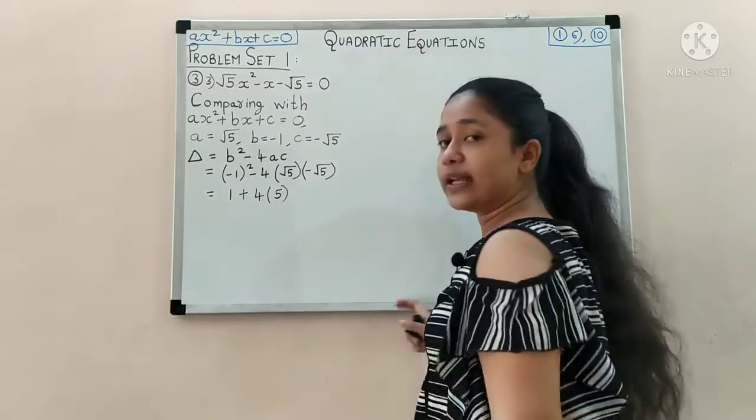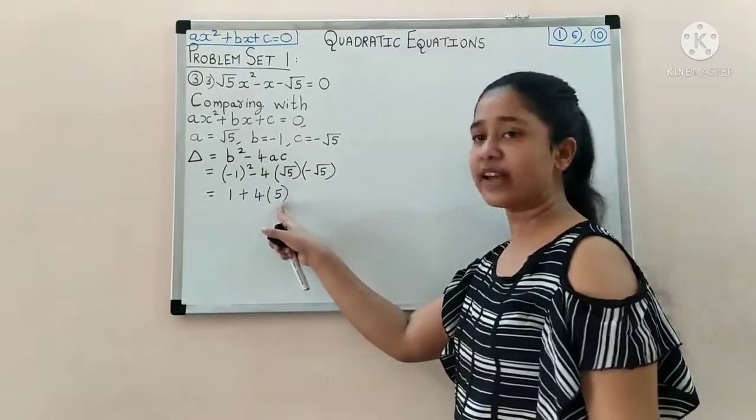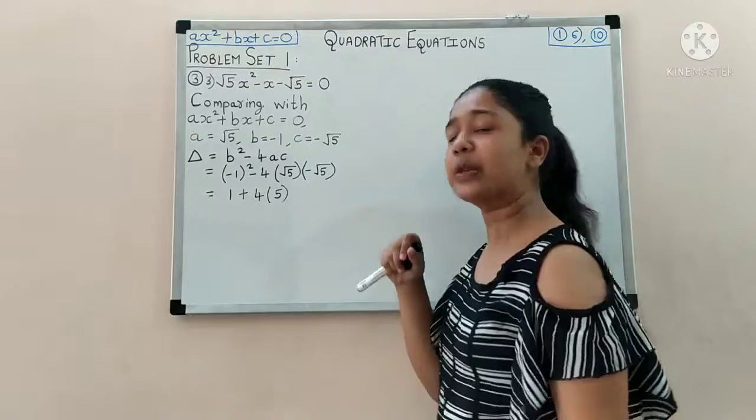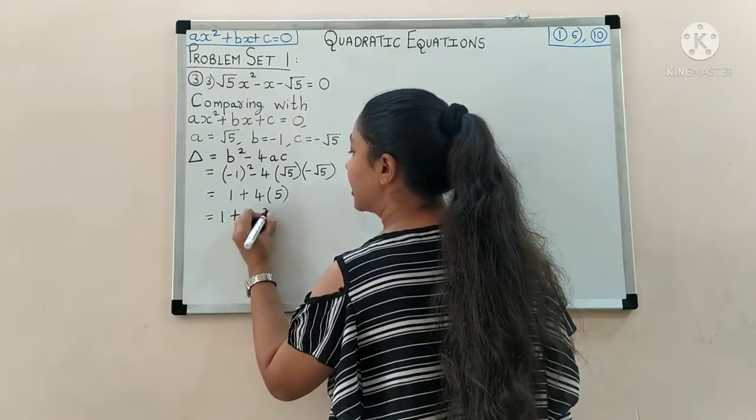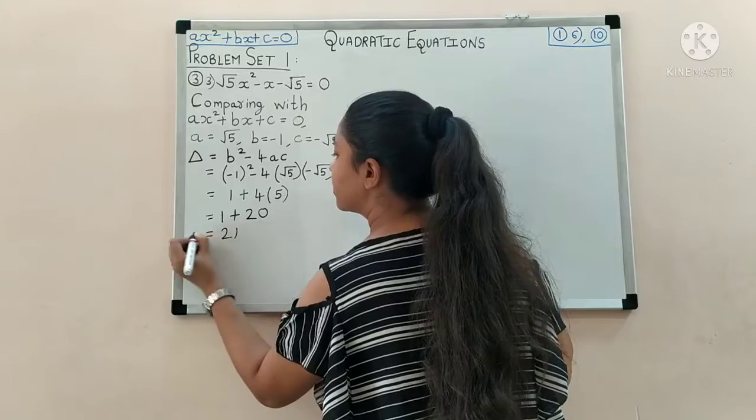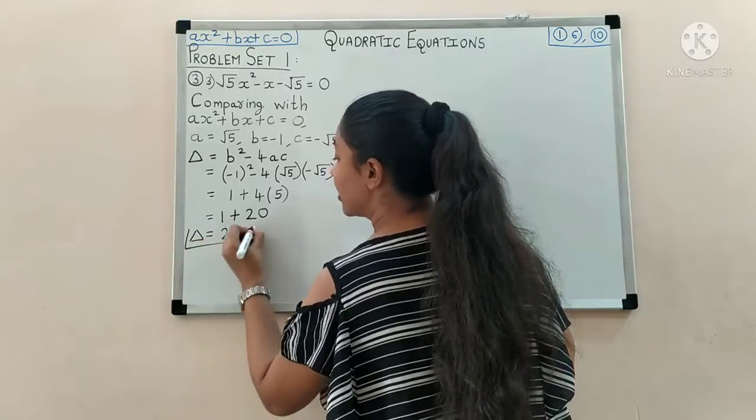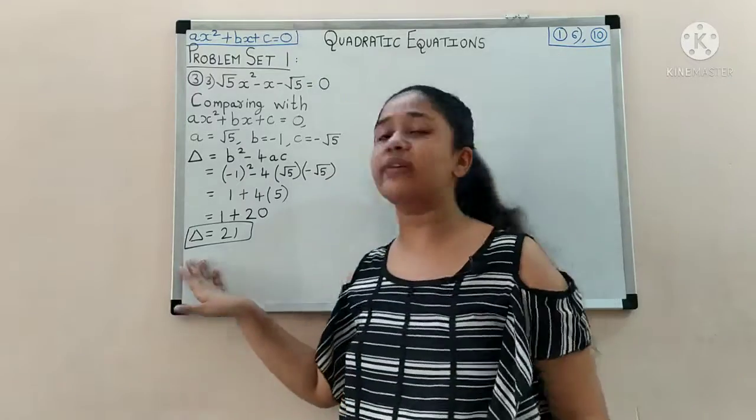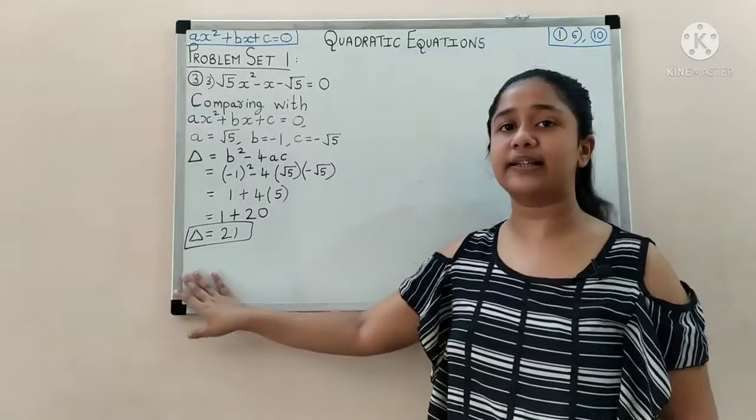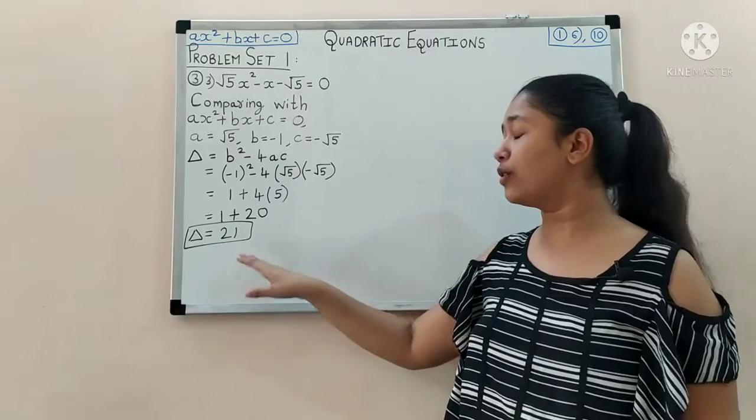I have taught you all this many times. Root 5 into root 5 will be 5, and this minus into minus is plus. Now simplify it further. 1 plus 5 4s are 20, so it will be 21. Therefore discriminant is equal to 21. So final answer you can write. You can even leave it here, or you can even add one line, that is therefore the value of discriminant